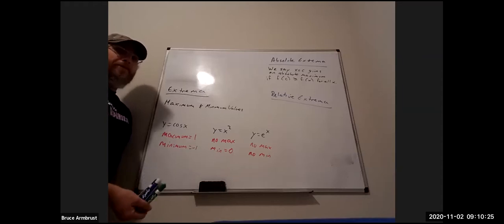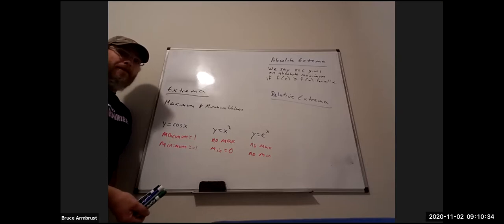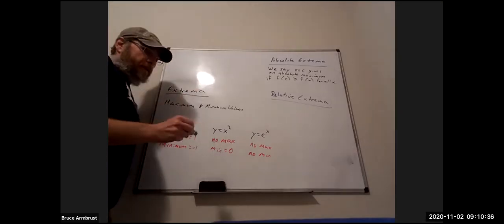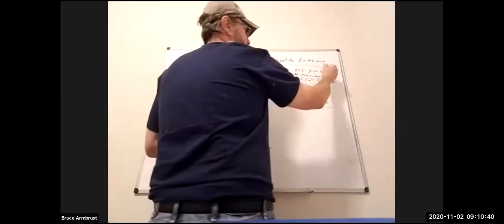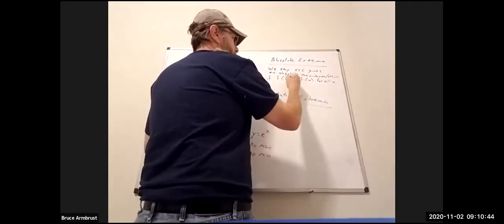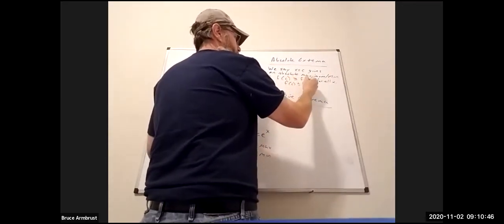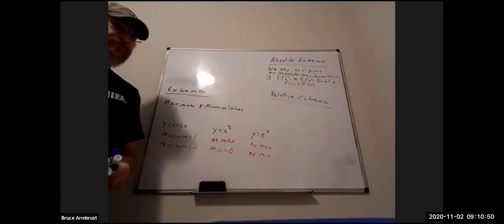So it's still an absolute maximum though, right? 1 is an absolute maximum because there is no other y value that we ever get that's bigger than that. And if you wanted to change this to minimum, so if instead of maximum, we'll put minimum here, the only difference for a minimum